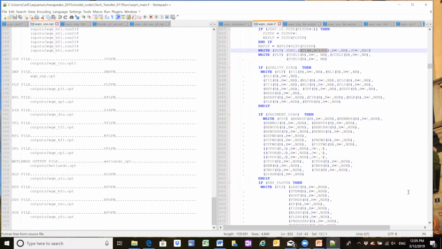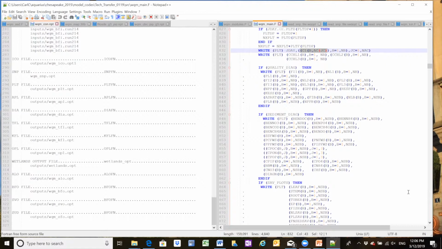You don't know that the first one is DOC, the second one is ammonium, the third one is nitrate. Right. You have to have this code basically to say, I want to look at sediment nitrate. But if you want to know where they are, they're written from 1 to NSB. And the first nitrate is under model surface cell 1, the second nitrate. Right, okay. And actually it's similar,